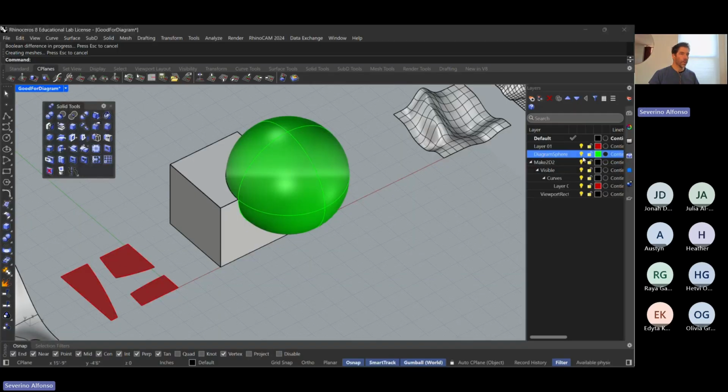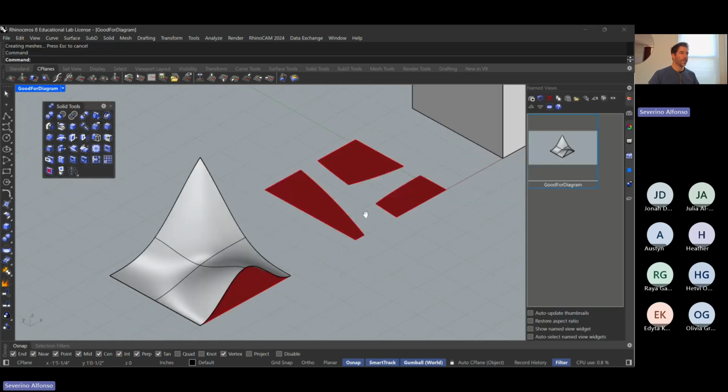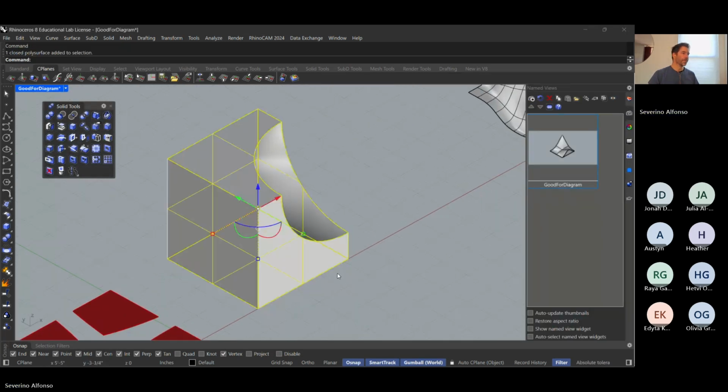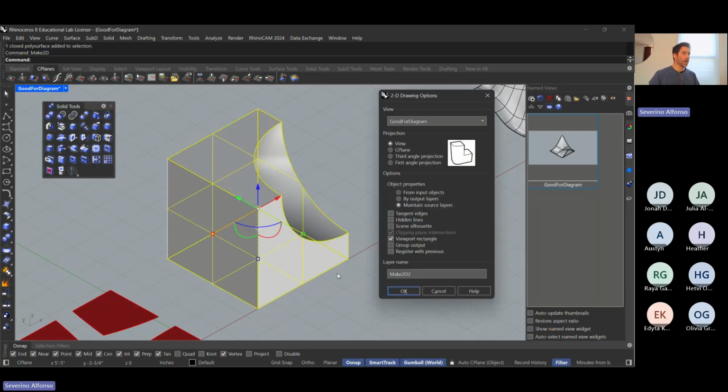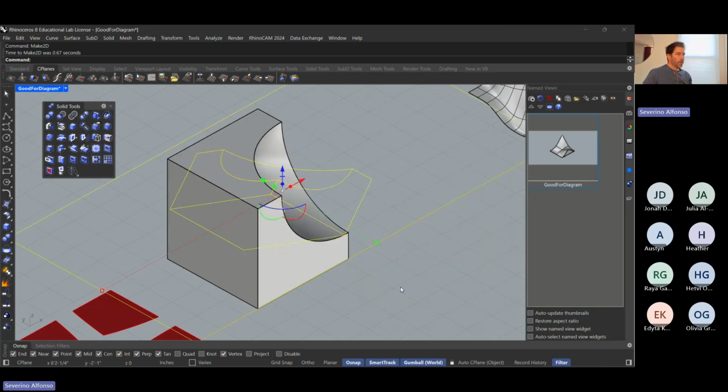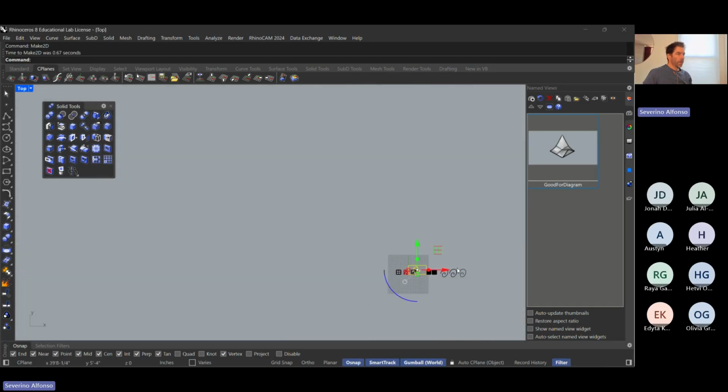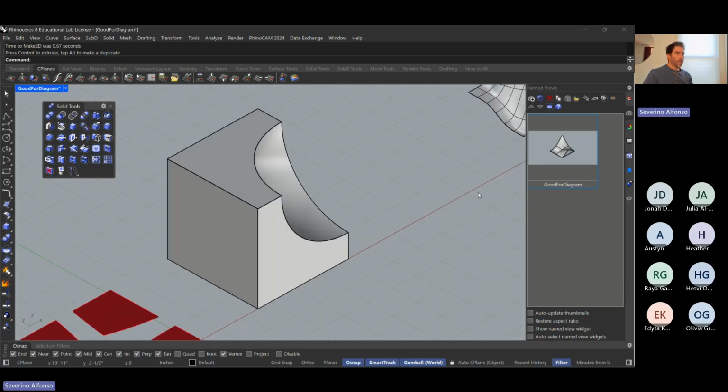I will turn off this, go to the view, and because I'm not changing the view, select make 2D. I don't think I'm using hidden lines, so it's okay. Okay, that's straightforward. Go back to the top view, move things around. Good. Go back to the perspective, go to the layers,